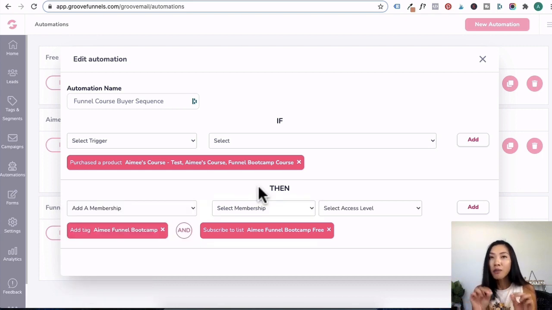For now, I'm just going to skip this because what I noticed is that when you added the membership through fulfillment in GrooveSell, and then you go and create an automation to add them into the membership, it duplicates and then it stuffs up the system. So just stick with purchase a product, add a tag, and then subscribe them to the email list. And that way you would trigger the follow-up email sequence to convert leads into buyers, okay?